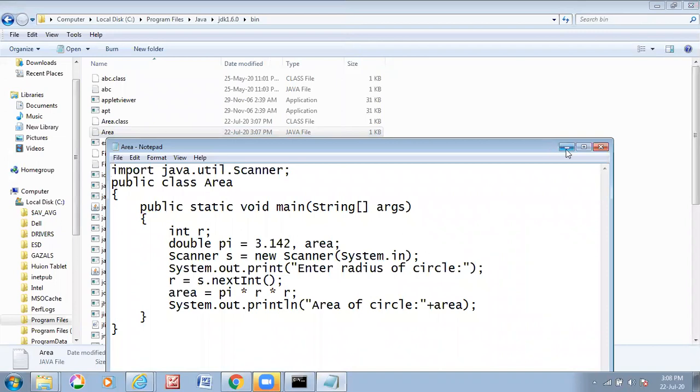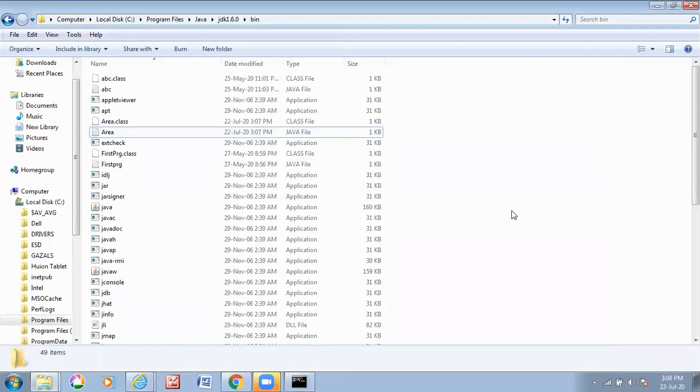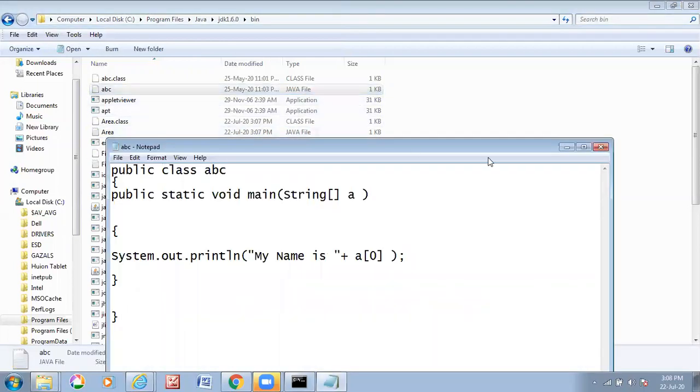Now, as I told you, when we want to input some data from the keyboard, we can use this argument array as well. Let's see how. Now see this program.